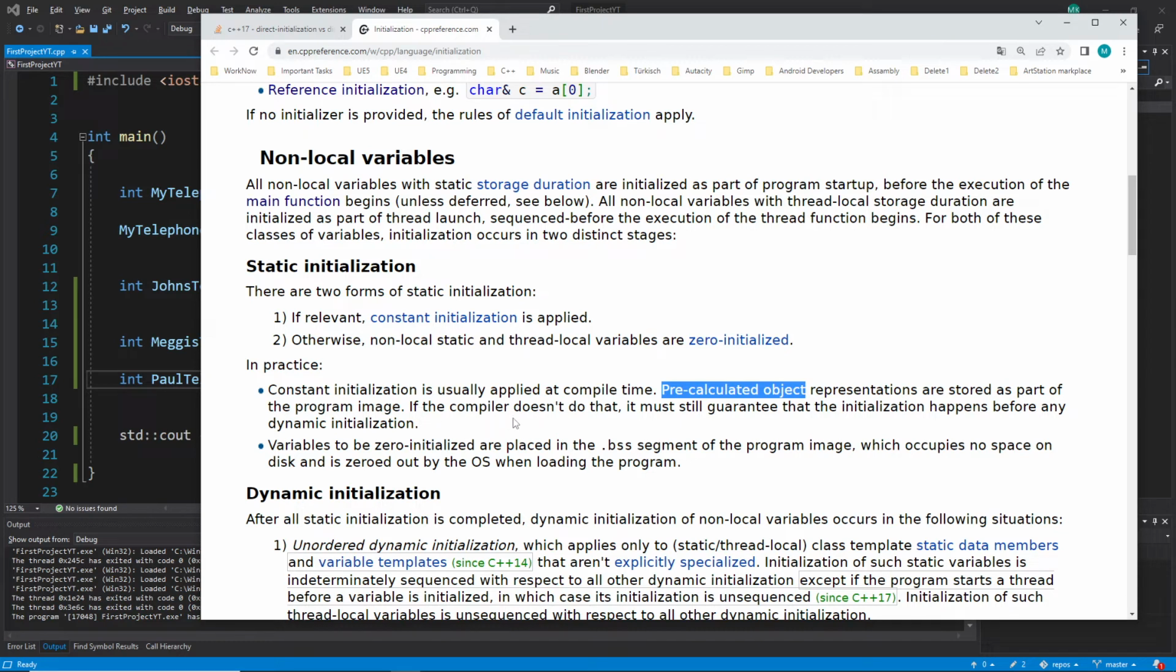Then in compiler, if the compiler doesn't do that, it must still guarantee that initialization happens before any dynamic initialization. Okay, what the hell is a dynamic initialization here? So you get the idea what I mean with formal